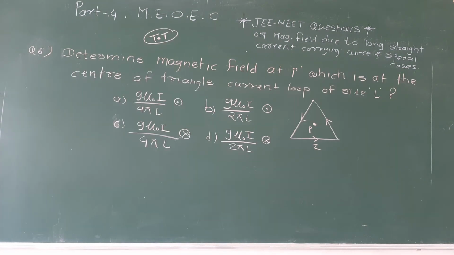Okay, here we are. This is today's task. Determine the magnetic field at a point P which is at the center of a triangular current loop of side L. I have given you a diagram, and this is actually not question 6. I don't know the count, because I forgot the count. So the question is here, the diagram is there, the length of each side is L, point P is at the center, and the question is also given with direction. For A and B, the direction is outside, for C and D, it's inside.